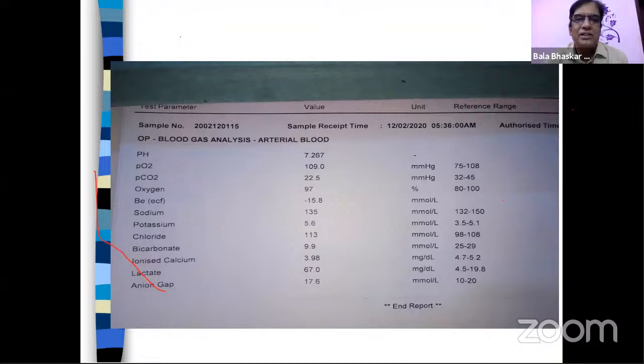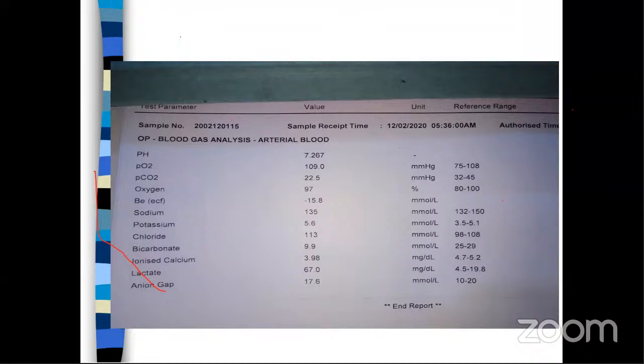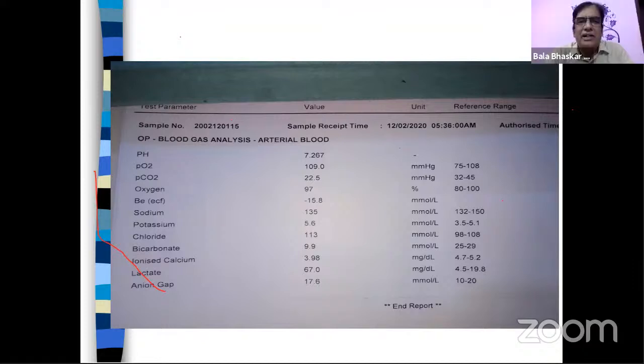Just another technical question. In the initial part we heard technical aspects discussed, like how we should draw, how much should be the amount of heparin, and how it should be added to crushed ice in a container. What about if there are air bubbles within the syringe? Sir, ideally we should take off the air bubbles, because if air bubbles are there, it is going to